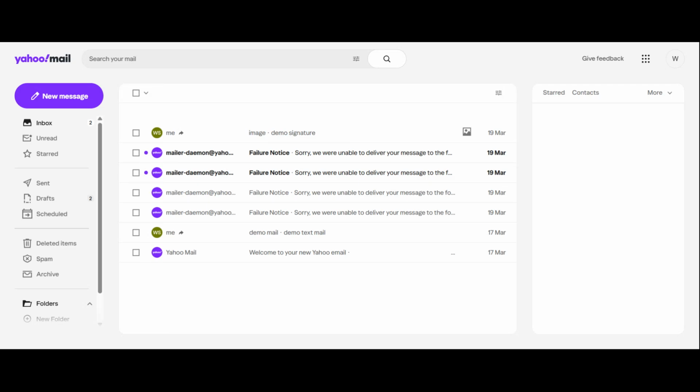If you use Yahoo Mail and want to stay organized, creating folders is one of the easiest ways to manage your inbox. In this video, I'll show you how to create a folder on Yahoo Mail step by step so you can sort messages, separate important emails, and keep everything much easier to find. This is a simple process, and once you know where to click, you can make new folders in just a